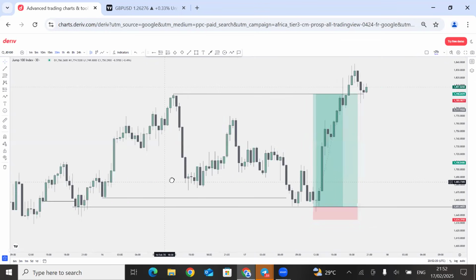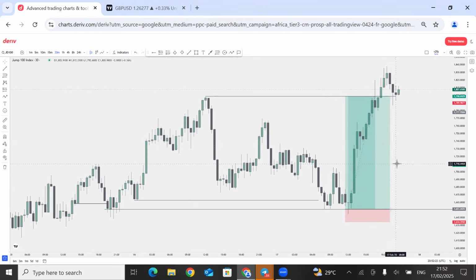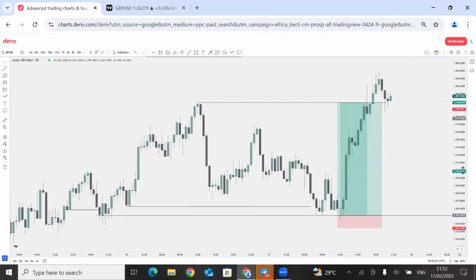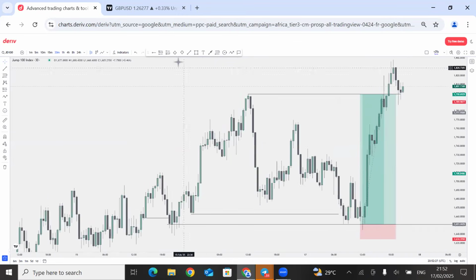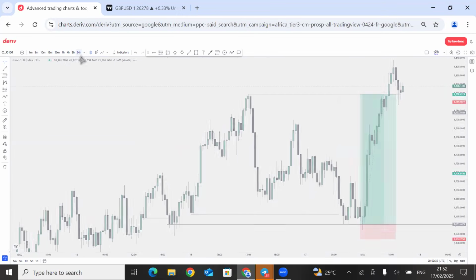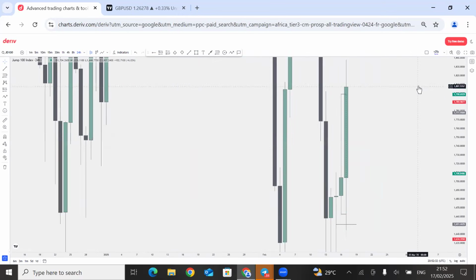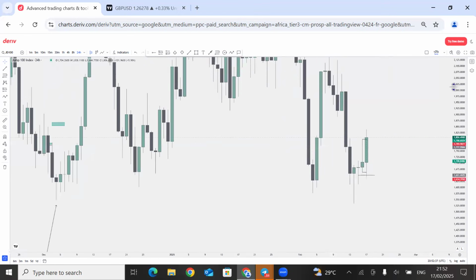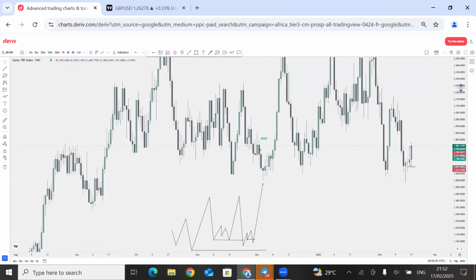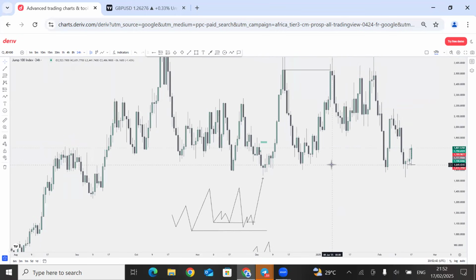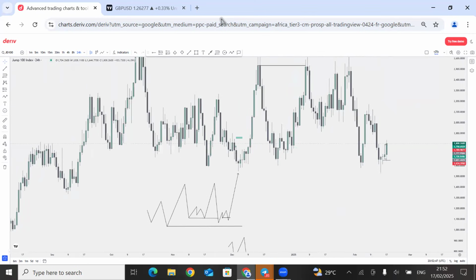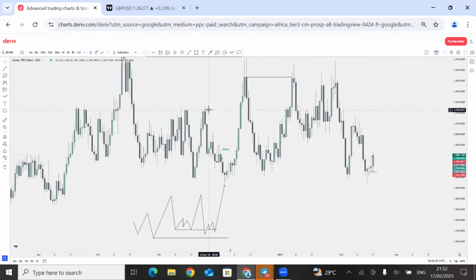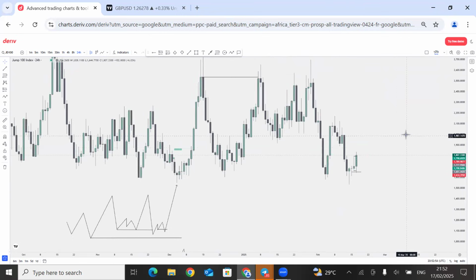You understand? That was just one of the ways you can use to find your market bias or direction to take any entry. That was just one of the ways on the higher time frame. First of all, it should be in accordance with the trend. If you're on a daily time frame, you should be able to check the trend of the market, whether it's in a downtrend or an uptrend. Then you look for your internal range liquidities in that direction. It's going to save you money.